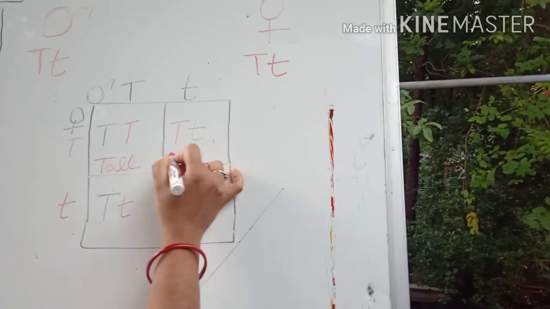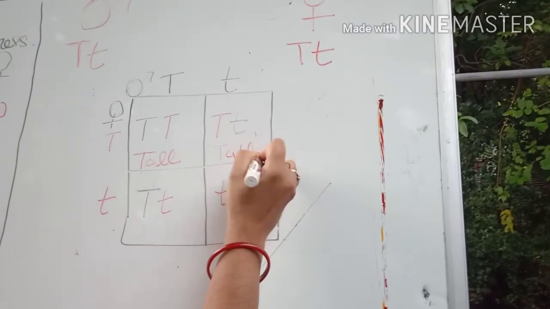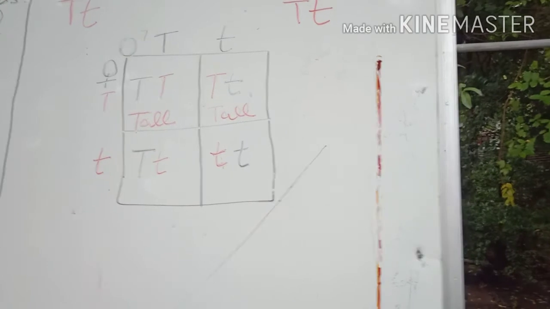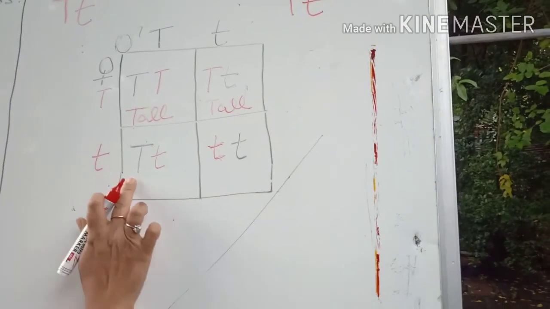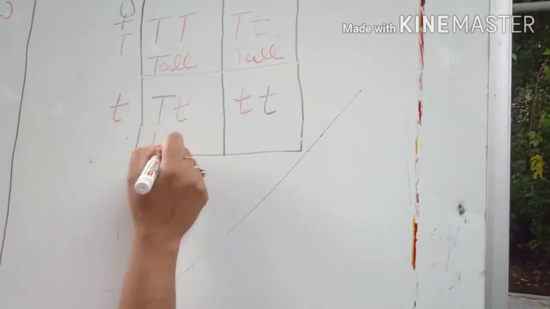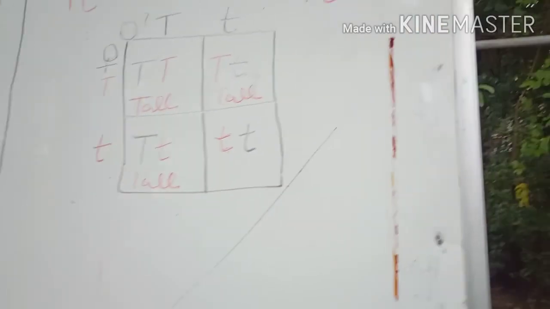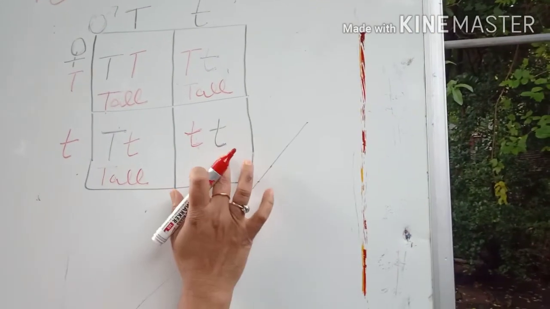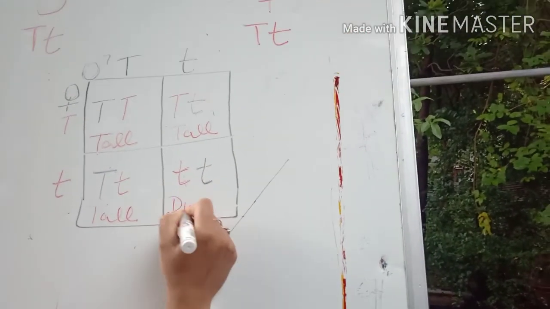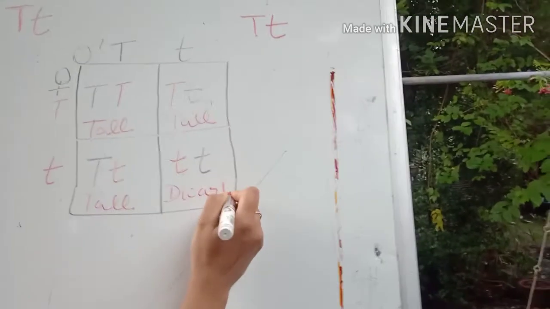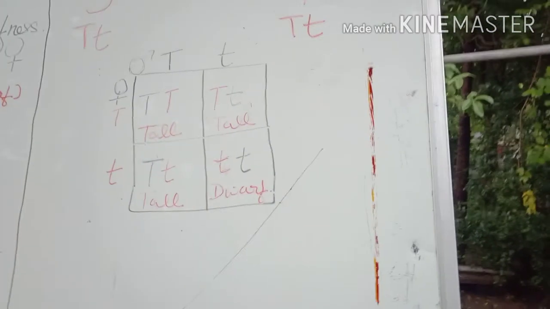Here also this is a dominant character, we know, so this plant will also be tall. Here we see again a capital T, so this plant is also going to be tall, and here we don't have the capital T, that means the plant is going to be dwarf over here. So what you saw here,